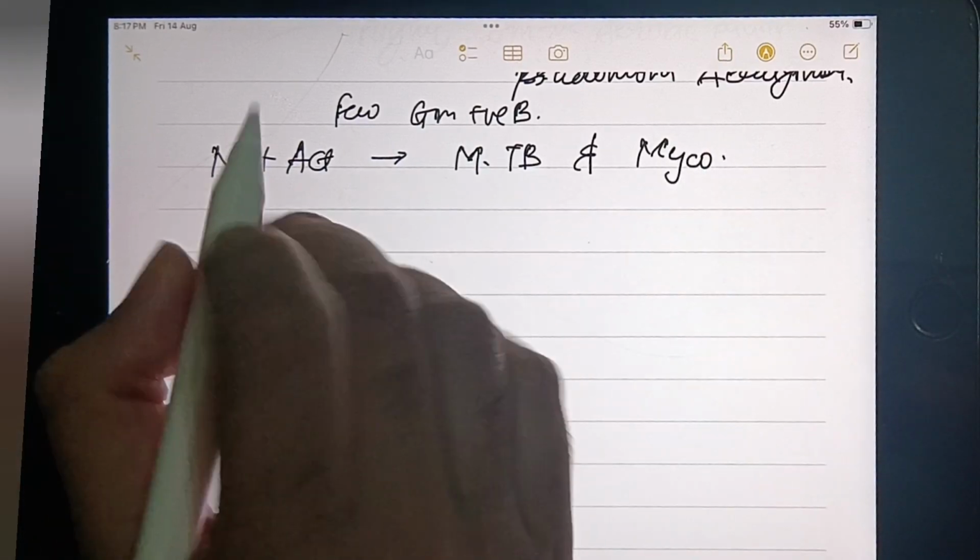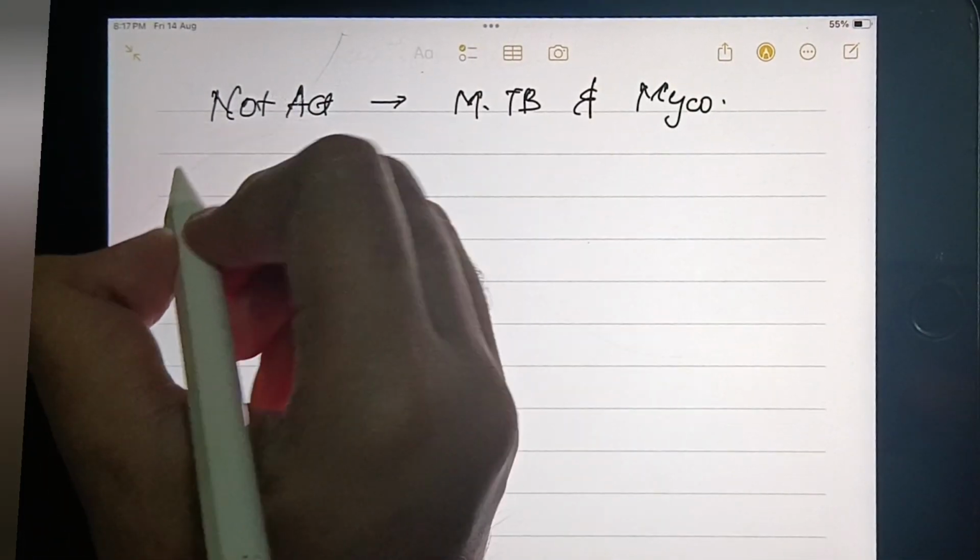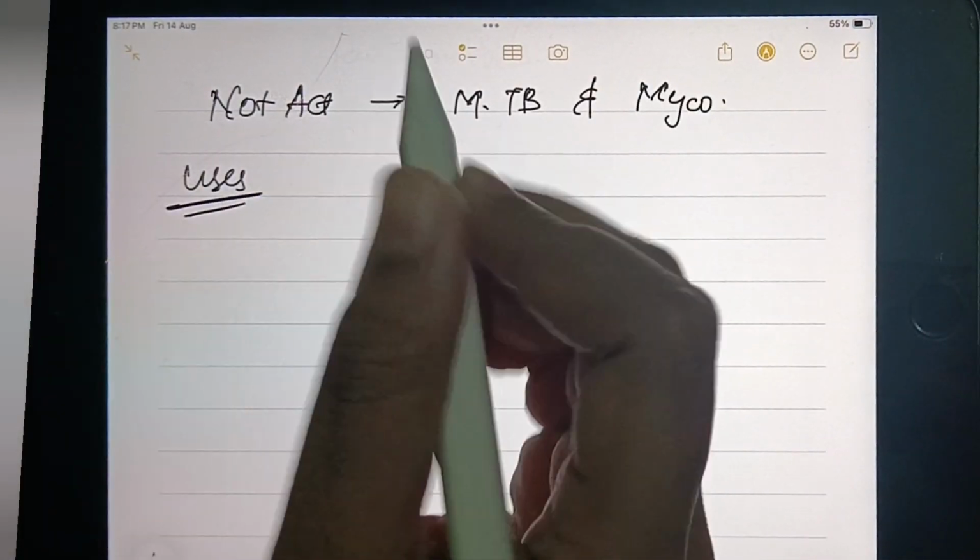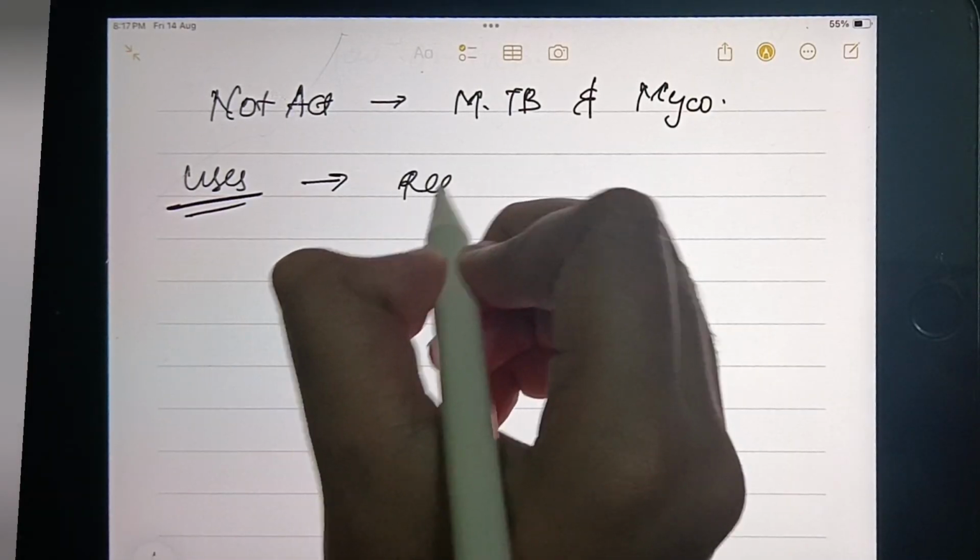Okay, so this was its antimicrobial spectrum, and its uses are in respiratory infections